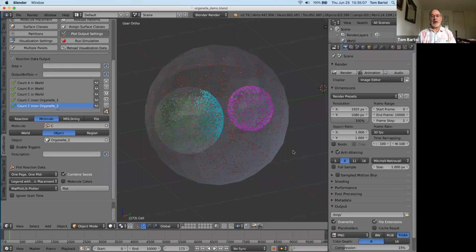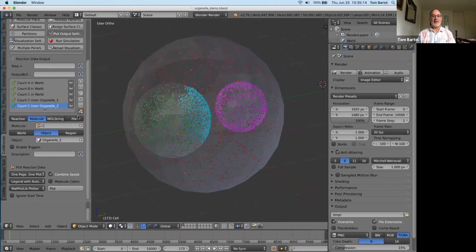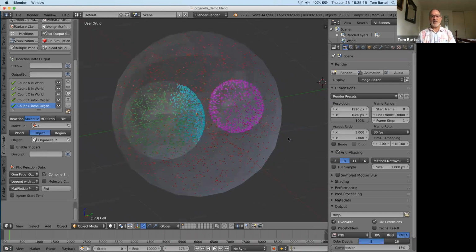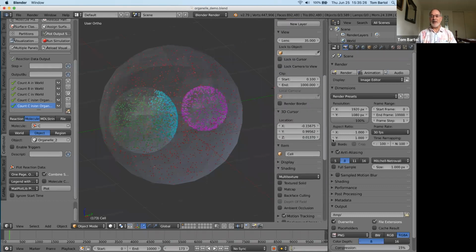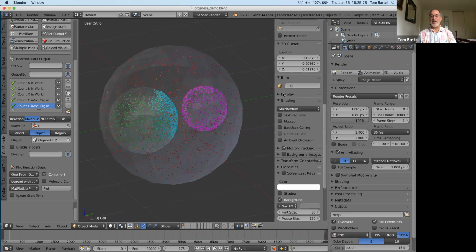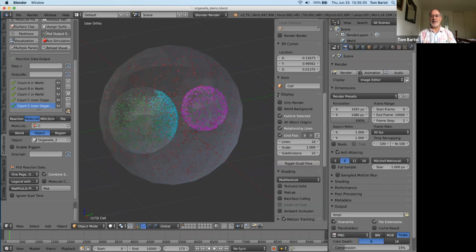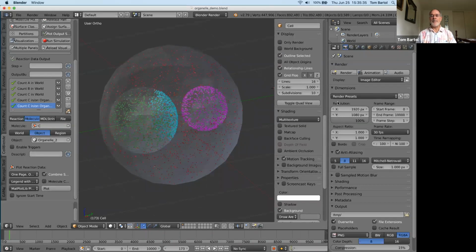To get to these other settings, to make the final image a little bit more exciting, I can use the numerics keypad to bring up this side panel over here. I can navigate down through here and look for the display settings, which normally would be collapsed. I'm going to open the display settings, and I'm going to turn on,